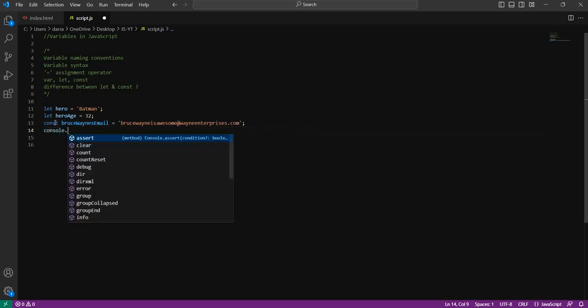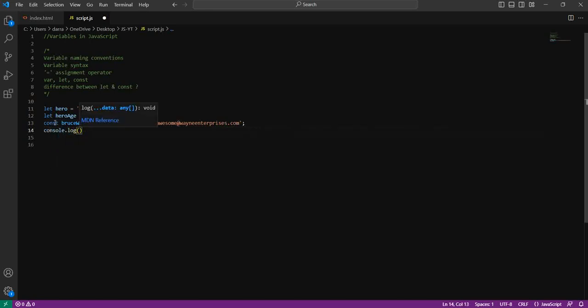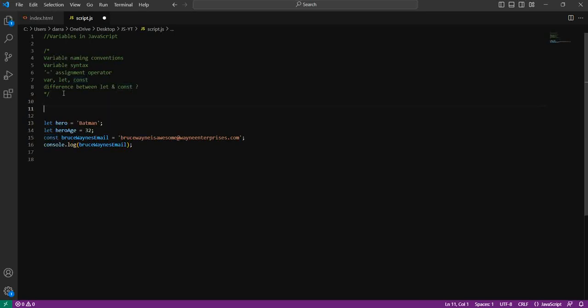Well, if I console.log the variable Bruce Wayne's email, we're just going to see that logged out of the console. So you've seen this before. I've created a variable, but I've used the const keyword. Const really stands for constant. Once you've initialized it or created it and assigned it a value, you cannot then update the value later on in the course, okay? So remember,